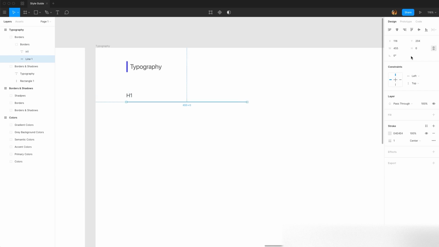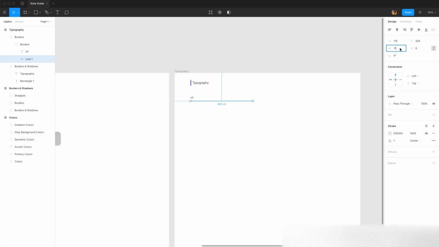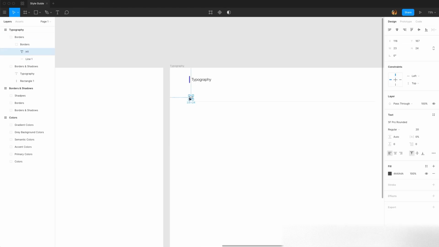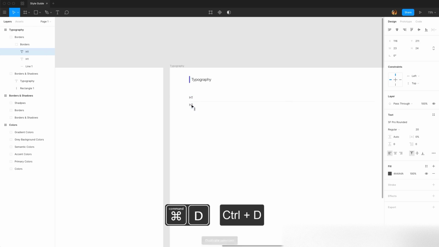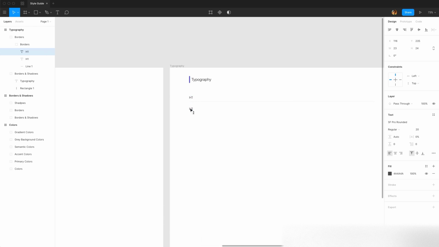Okay. Then I'm going to increase the width of this line to 1120, like this. And after that, I'm going to duplicate this text like this. Pretty good. And let's change the font size to 34 points, and I'm gonna make it bold. Fantastic. Make sure that it is aligned to the left side like this, and I'm gonna change the text to